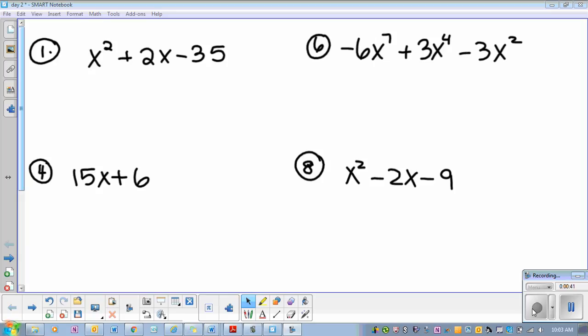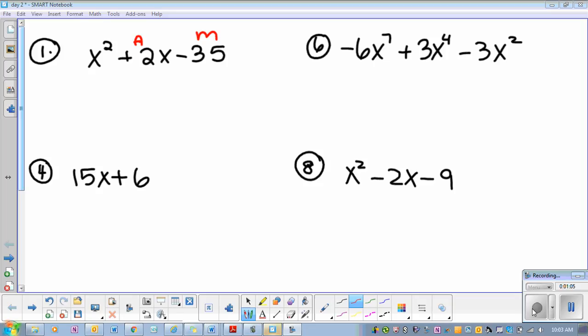No. How come? Good, because one of them doesn't have an X. That's minus 35. That one doesn't have an X. You can only bring out an X if it's in every single term, right? Okay, so now I have 1, 2, 3 terms. This is an AM situation,